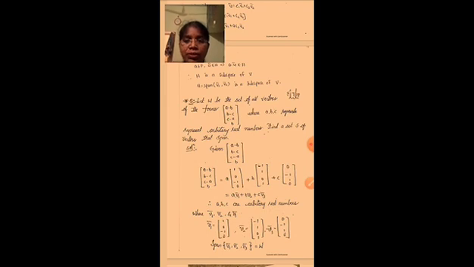Okay, so let W be the set of all vectors of the form a minus b, b minus c, c minus a, and b, where a, b, c represent arbitrary real numbers. Find a set S of vectors that span W, or not, we have to find out. Given a minus b, b minus c, c minus a, b, to find the span we have to write down the linear combination first of all.